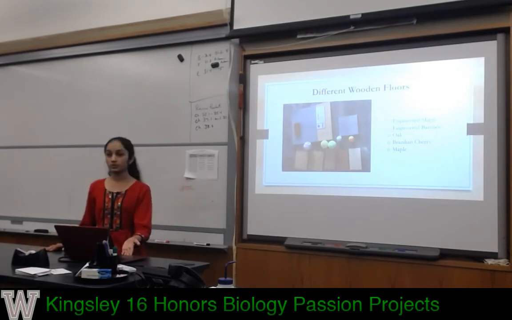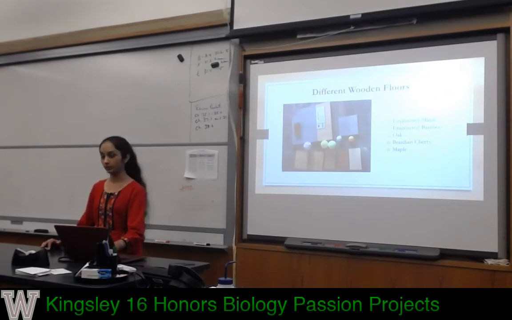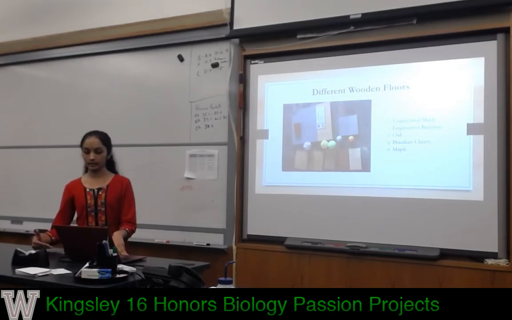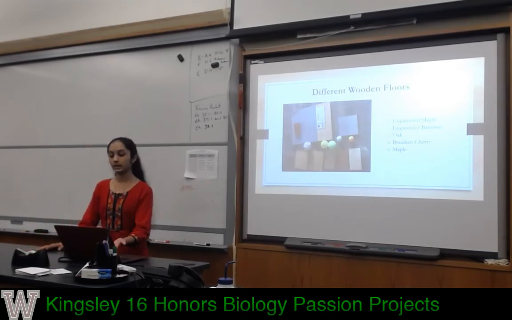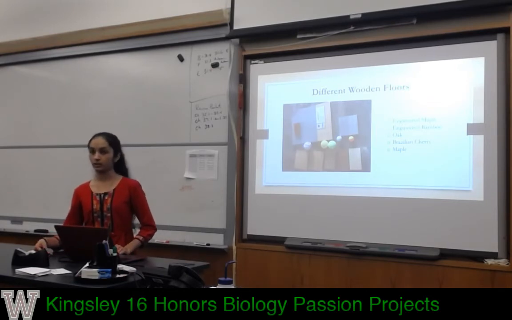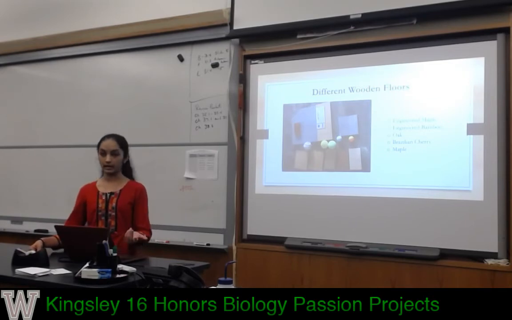The difference between engineered wood and regular wood is that in engineered wood, the wood is sandwiched between layers of plywood. So in engineered maple, for example, there'd be a layer of maple, plywood, another layer of maple, and so on. And maple itself, according to the worker at Lumber Liquidators, he said that it was one of the most frequently bought woods, and it's supposed to be absorbent and has a lot of give. And plywood is resilient and also is known to be absorbent and has a lot of give.